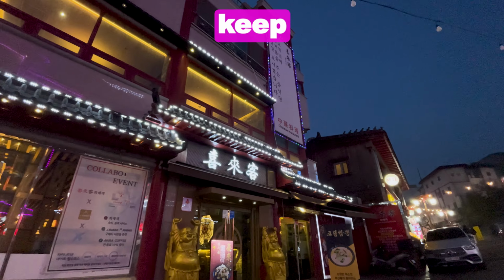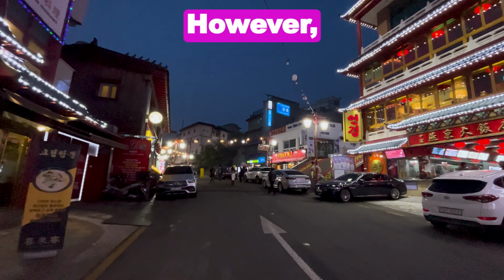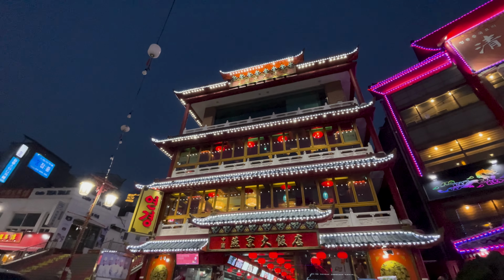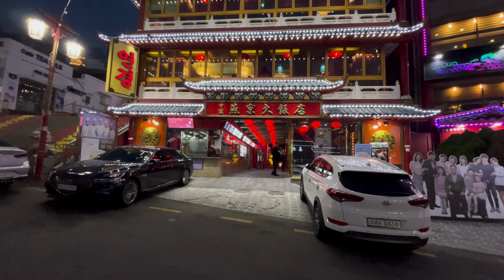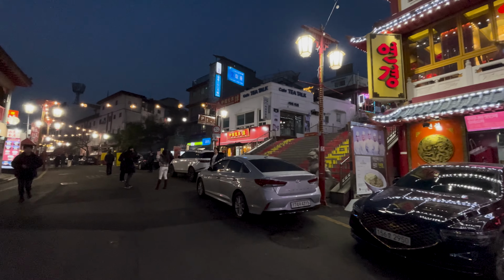So they're not able to keep much of the traditional culture that the first generation kept. However, they do still stick to the Chinese way. These are some of the awesome colourful Chinese restaurants that have the traditional red lanterns hanging from the windows. And I like the look of this restaurant that much that I decided to use it as the thumbnail for